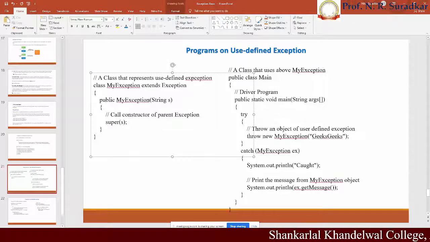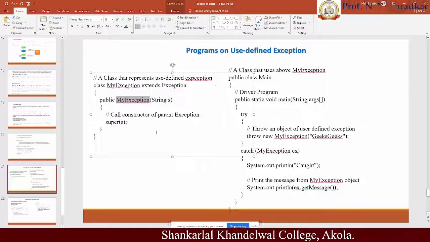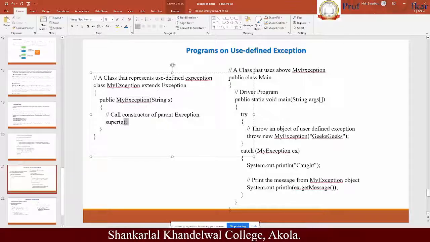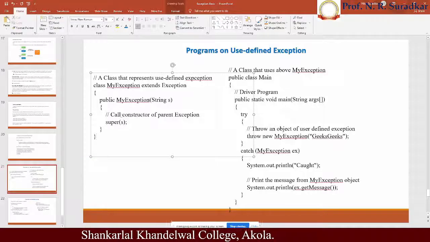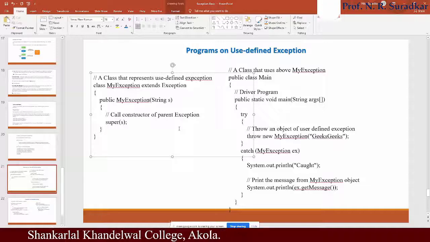Then we use the public MyException string method. MyException is one type of constructor which is normally used as a method which calls our Exception class, which is super. Normally it calls the constructor of the parent Exception. Okay, this is the basic